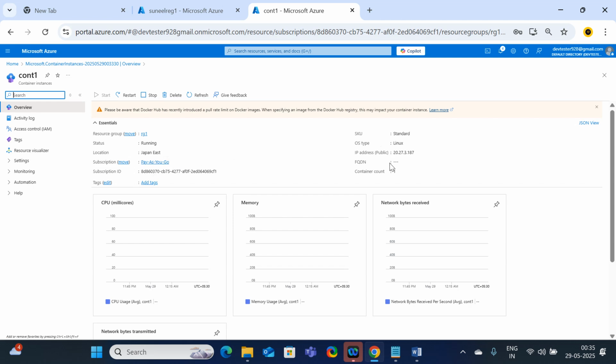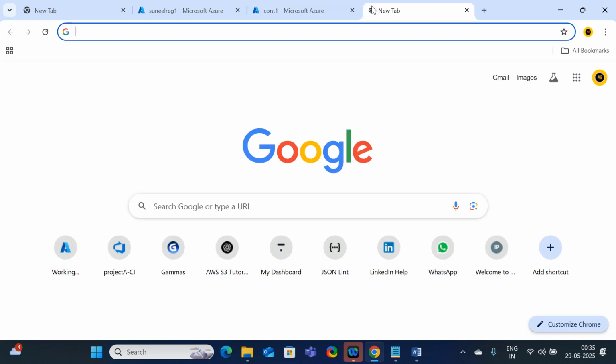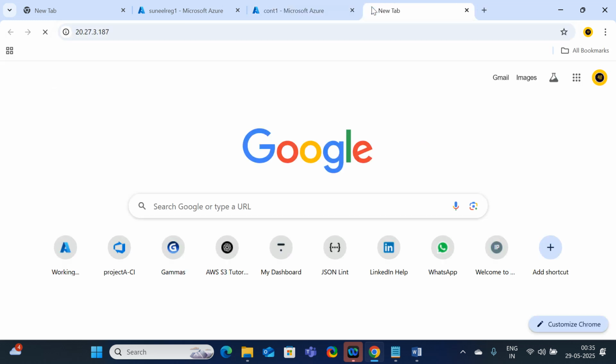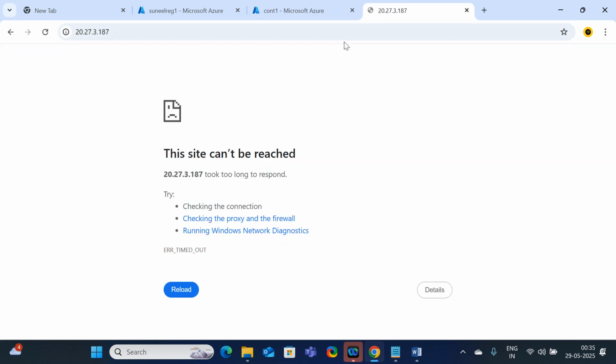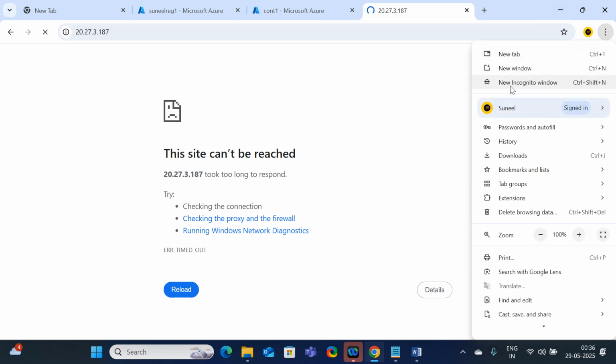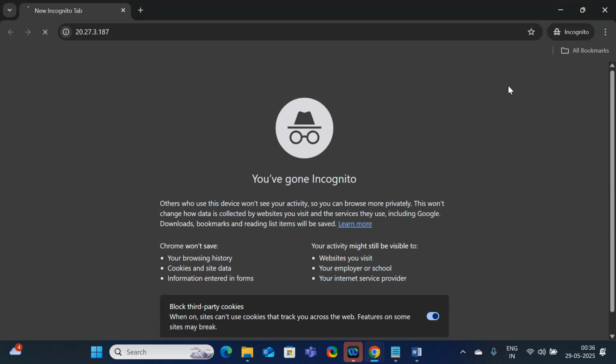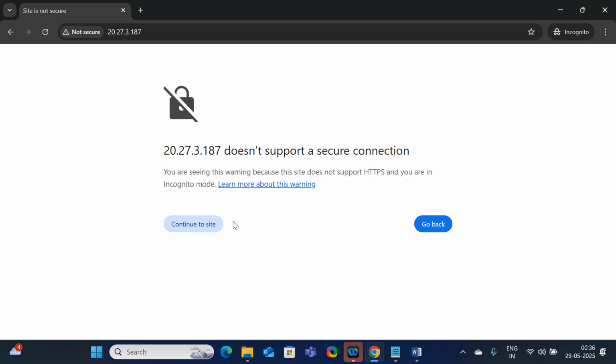Here currently it is in running state. Just copy the public IP and paste it here. Maybe it will take some time to get replicated, but surely it will be replicated. Open a new incognito tab and paste it here. Let me check whether it is working or not. Yes,